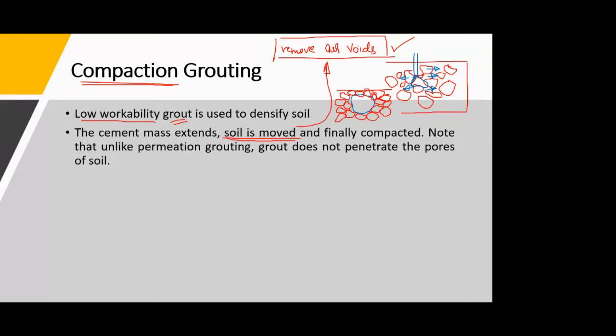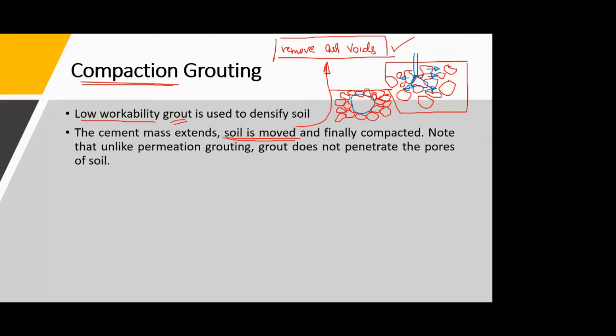As compared to the figure on the right side, the figure with a grout portion or a grout bulb in between the soil particles has more density. So obviously we have compacted the soil. I hope you have understood the difference. Compaction by just hammering action is different, and compaction grouting is different. In both cases, we are removing the air voids, but what differs is the way in which we are removing them.